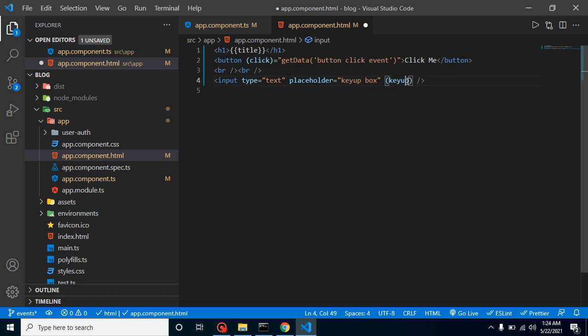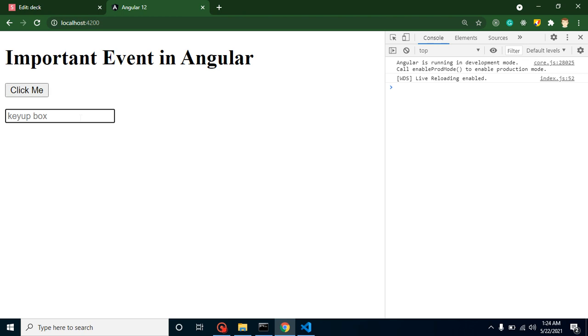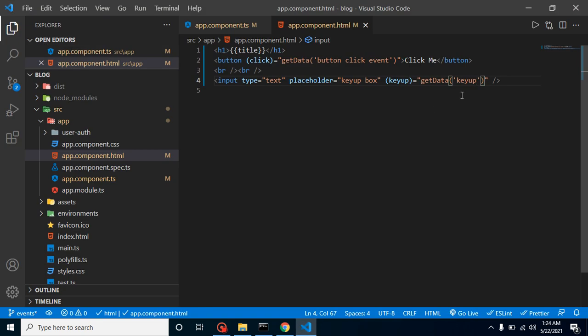All letters will be in small case, and just simply call getData. And for a moment I am passing some data, let's say key up, right? Let's see whether we are getting it or not. Whenever I am releasing the key, it gives me key up. That's fine, there is no issue.